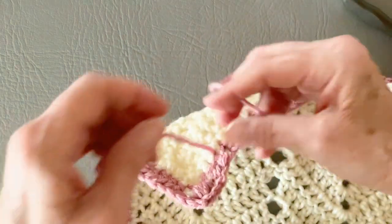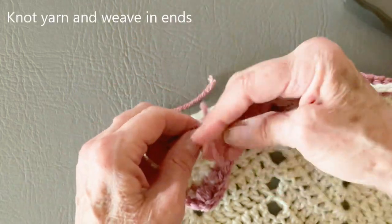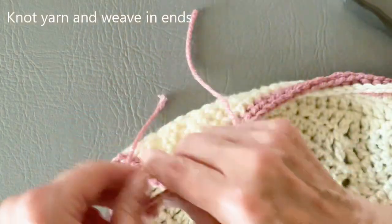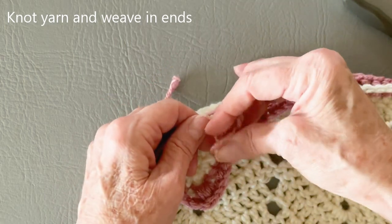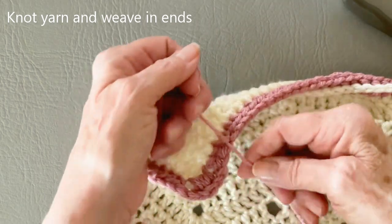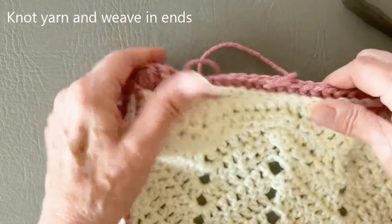All right, now I've got these two pieces of yarn, and what I usually do now is just make a knot here and weave in the ends, but I won't do that on the video to save time. Let's go to